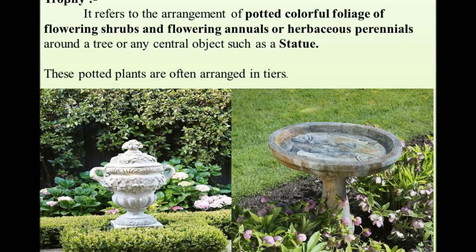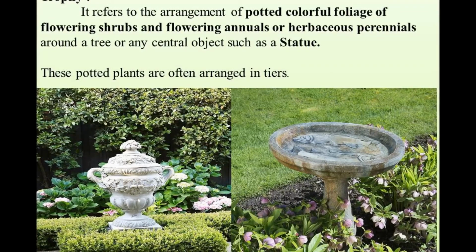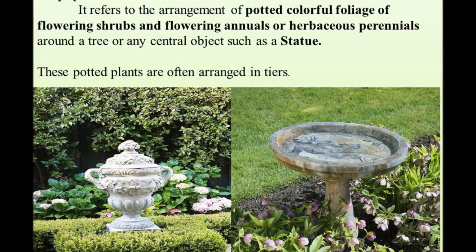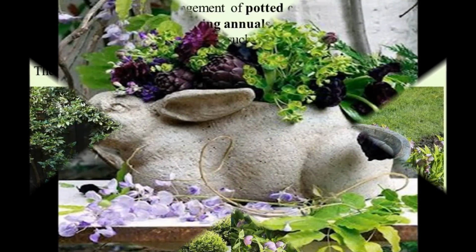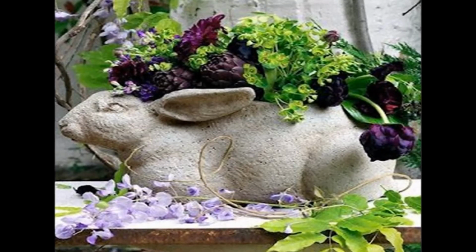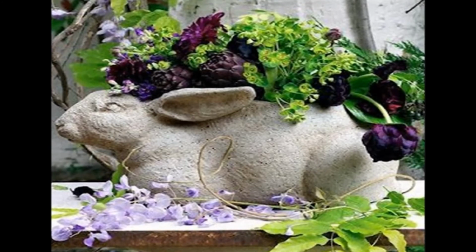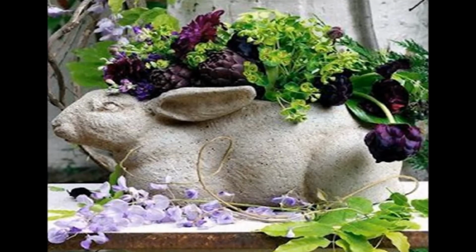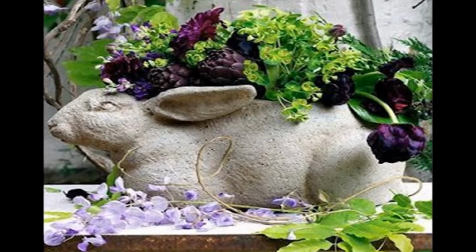And if you arrange these plants according to their hierarchy or different heights, that means we can say they are arranged in tiers according to height, flower color, and morphology. In this slide, some images are pasted here. We can see the plants arranged around objects, like some stone objects and some sculptures, and these plants are arranged surrounding these objects.